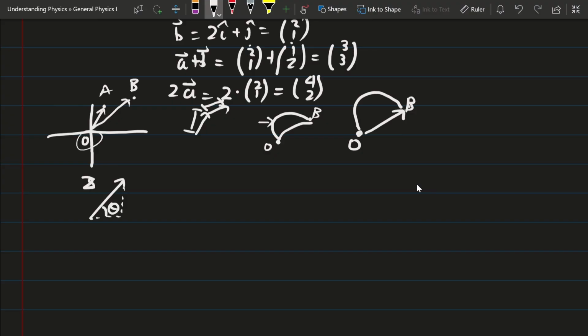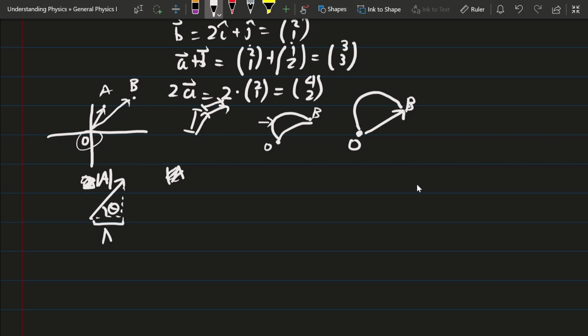So let me just write the length to be the modulus of A, which is basically the symbol for the length. Let's first try to define how many i-hats I need to travel to go in this direction. If you look at this diagram, you could see that you need